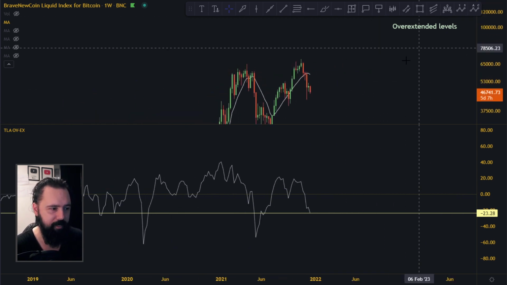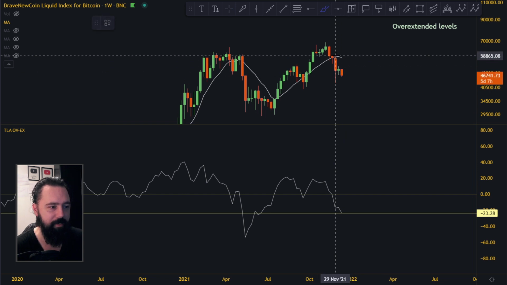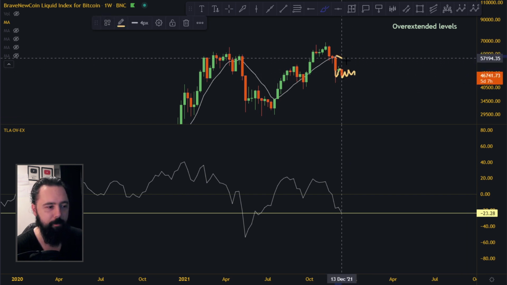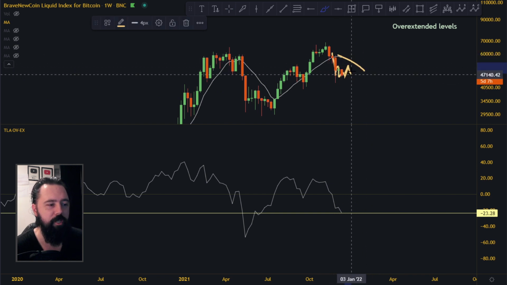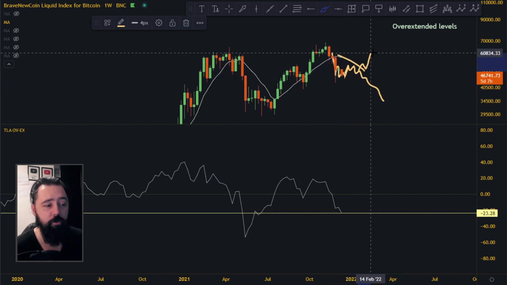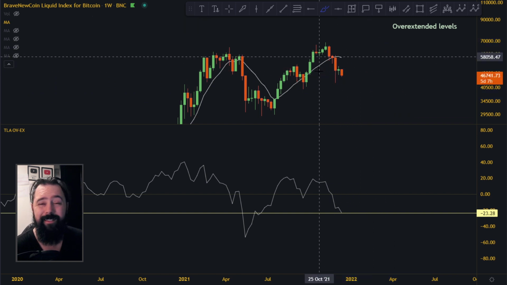So you'll see here on the 10 moving average right now that we are extending a little bit towards the downside. So what I think has to happen, either we go sideways up here until this 10 moving average comes to us, or we bounce up to the 10 moving average a little bit and then continue downwards or continue towards the upside. Doesn't matter. What I'm trying to explain to you right now is that I think this is some kind of bottom, some kind of local bottom, very important.